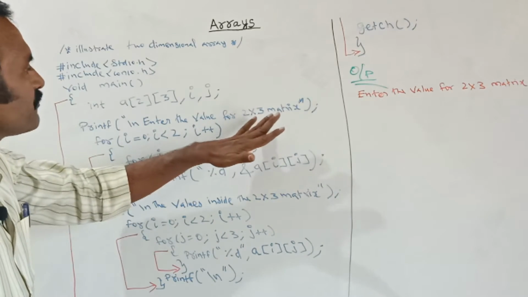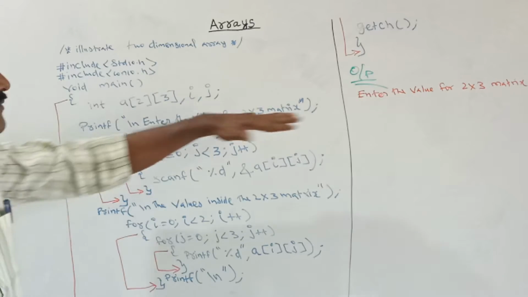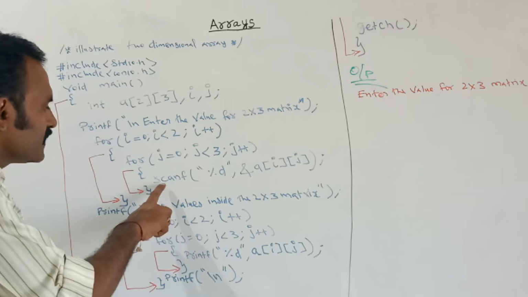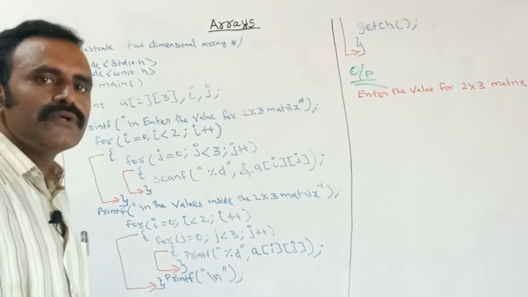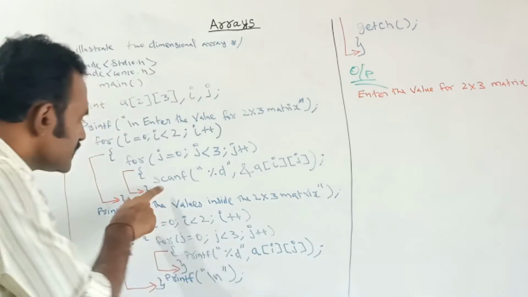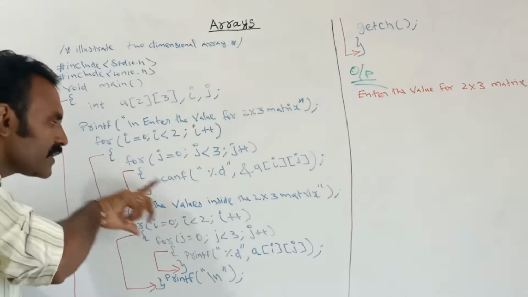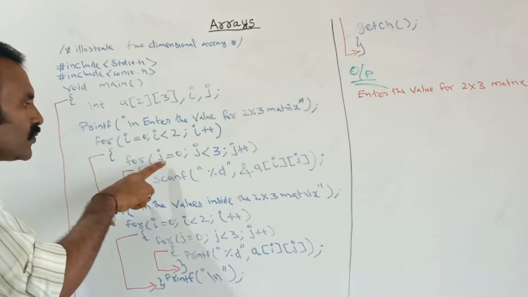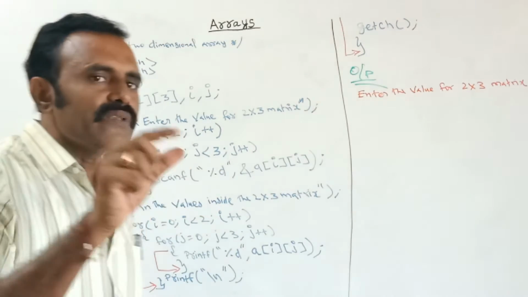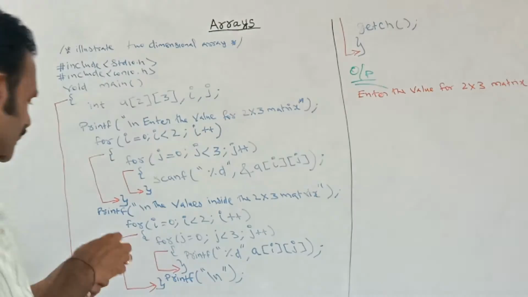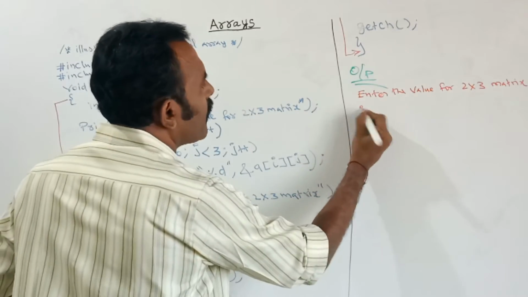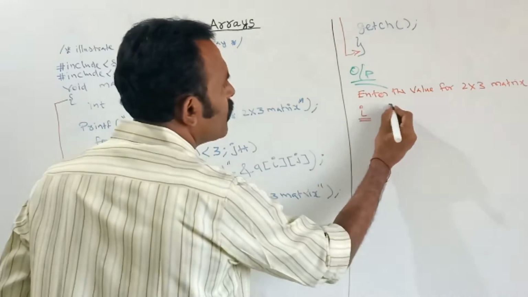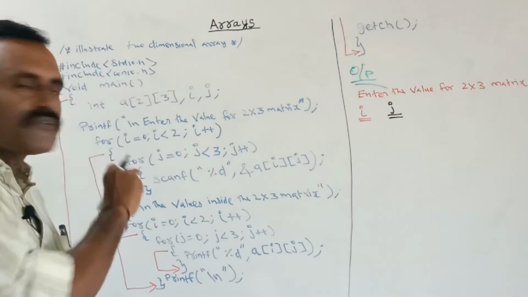Here I am using 2 for loops. With the help of scanf we can get the input value into the variable. This scanf I have given in the inner loop, because according to the outer loop value and inner loop value, the elements are stored. We have already seen nested for loops.